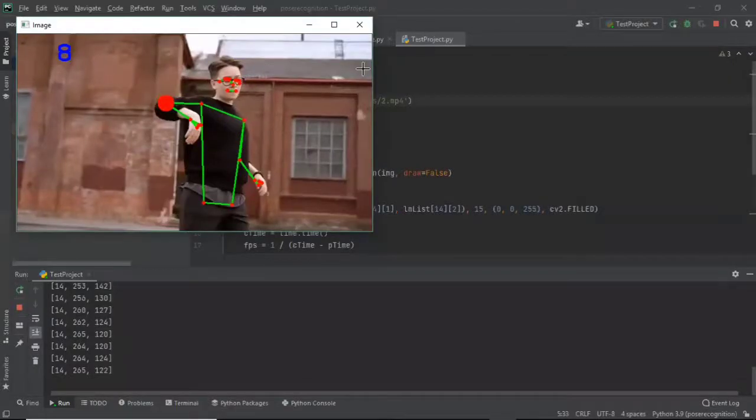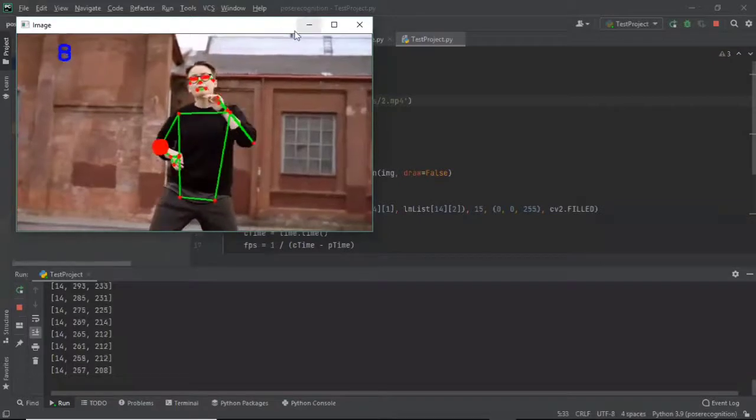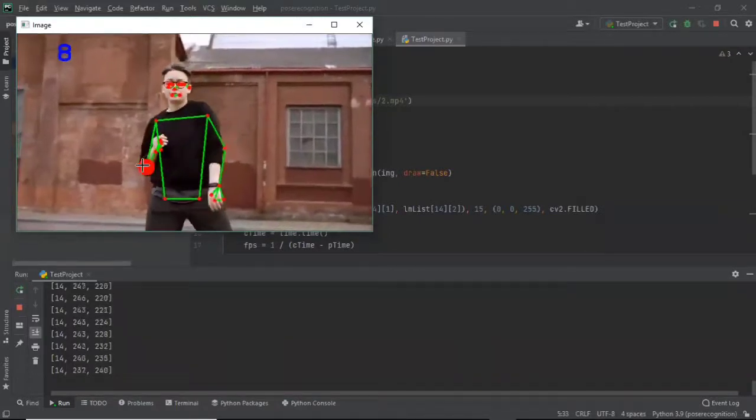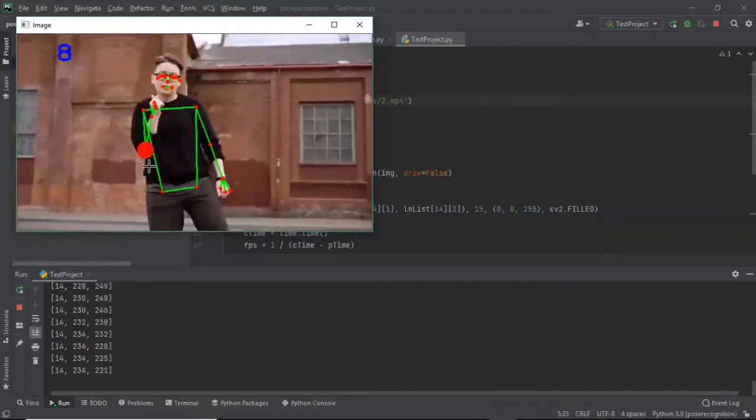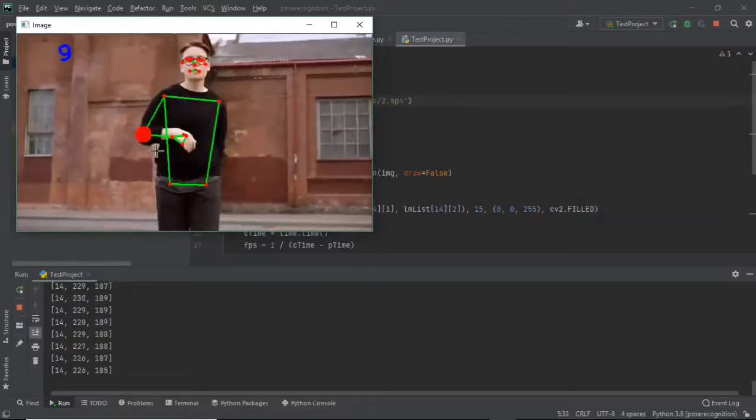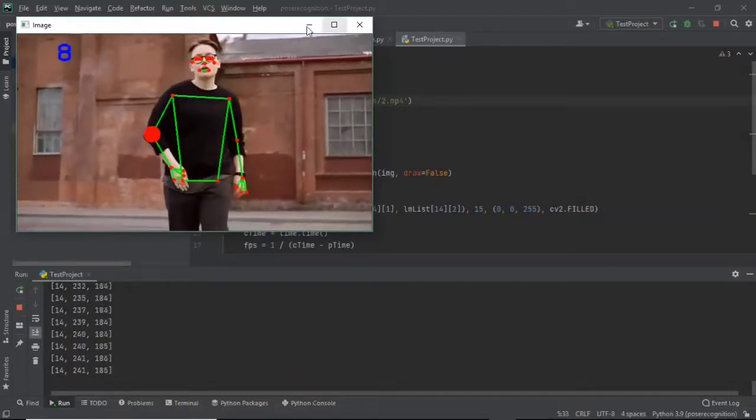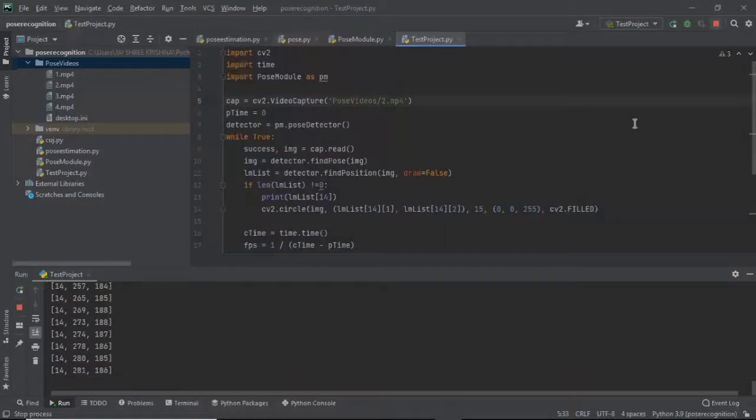So this is what we are getting for this video. We can see that the right limb is getting highlighted here with a big dot of red color. So we can use this module for any project. Instead of writing the code every time, we can use this module for a specific project and find out the position. And that is all about the coding part of the project.